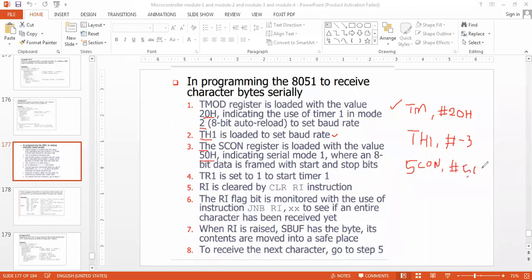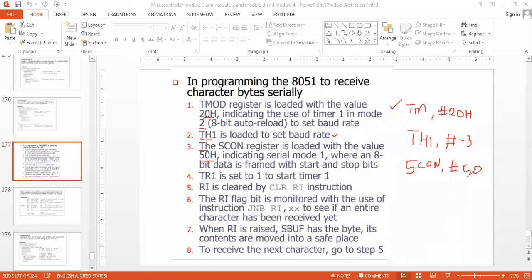Before, it was 40H while transmitting. Please make corrections in the previous slides. I am telling you now, don't say later on, sir, it was 50. It is not 50 in the transmission. It is 40H in the transmission and 50H in the reception.